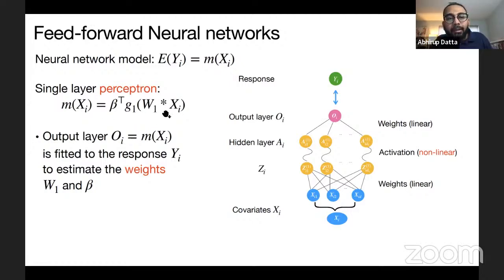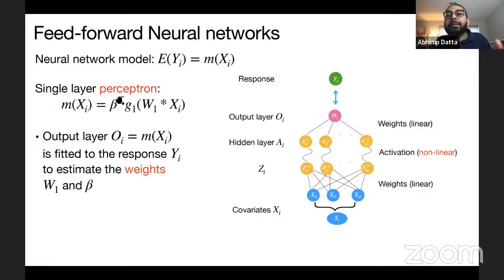You have a linear transformation of x using the weights w. Then you pass it through a nonlinear transformation called the link function or activation function. And then you again pass it through a linear function. So it's like two layers of linear transformation sandwiching a nonlinear transformation. The linear weights are unknown and those are estimated. The nonlinear function is assumed to be known. It's typically like the sigmoid function or a hockey stick shaped function called the ReLU.